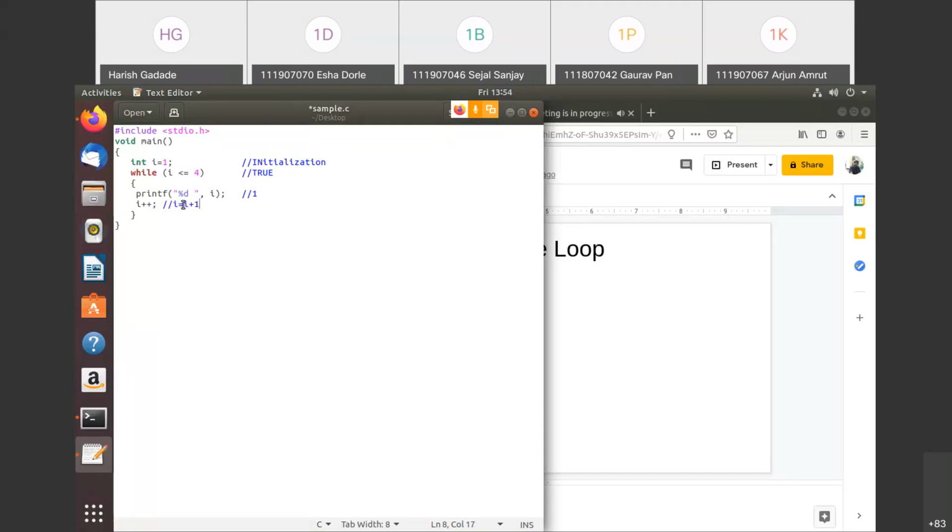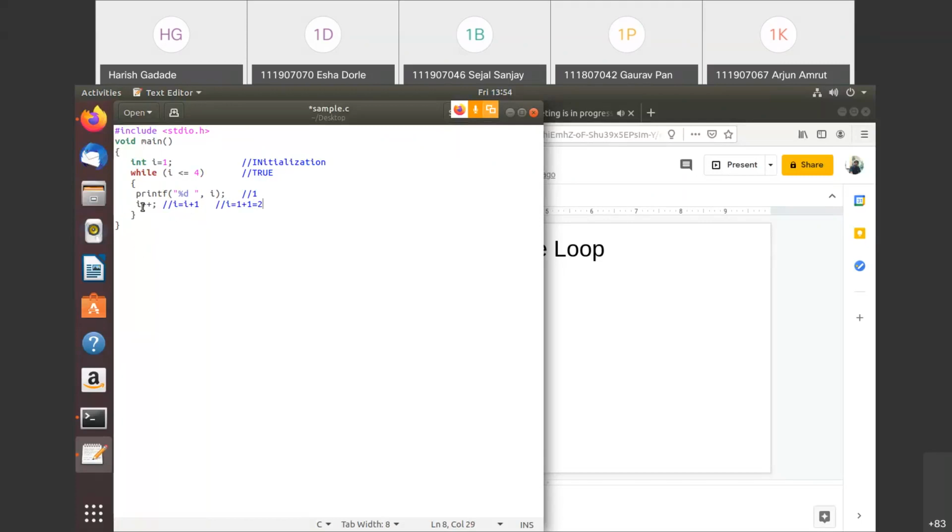So this i plus plus statement is equivalent to i equals i plus 1. The initial value of i is 1, and again we add 1 to that initial value, so 1 plus 1 becomes 2. So now the new value of i would be 2.